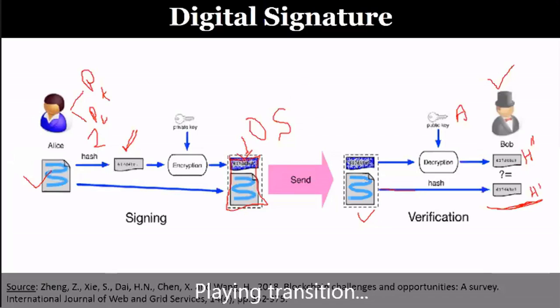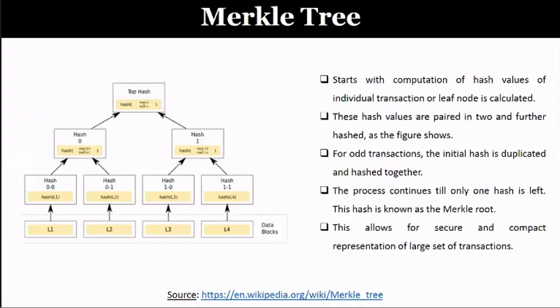All right. The third important concept, I would say, that blockchain makes use of is the Merkle tree. What is this Merkle tree? A Merkle tree is a way to compactly represent all the transactions, and I'll come to it at a later point. Let's quickly understand how the Merkle tree is constructed and what